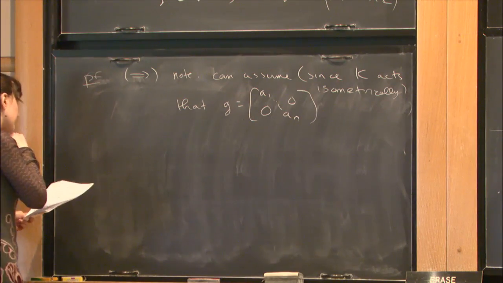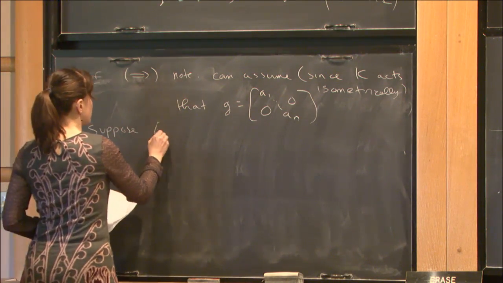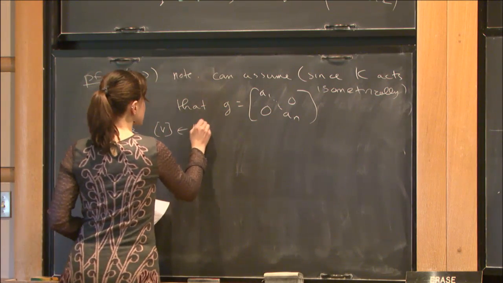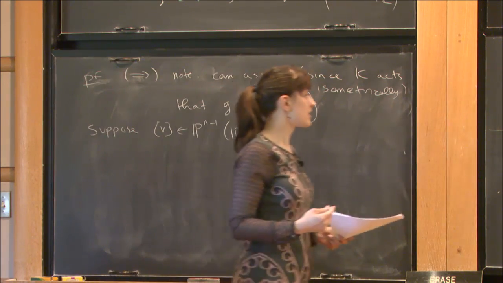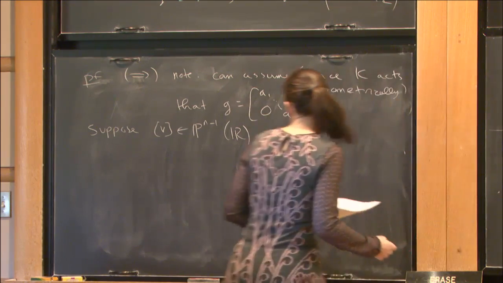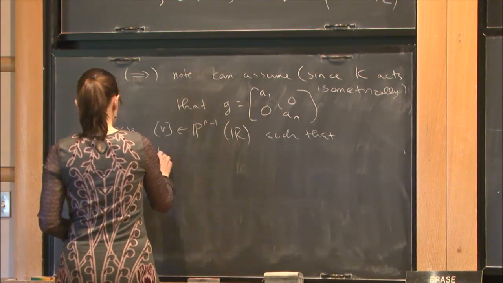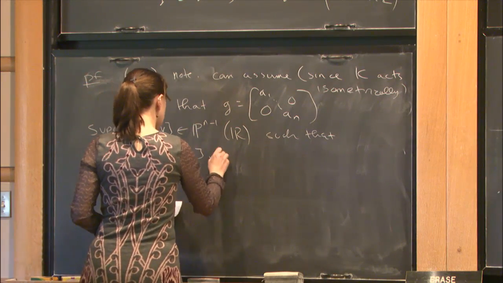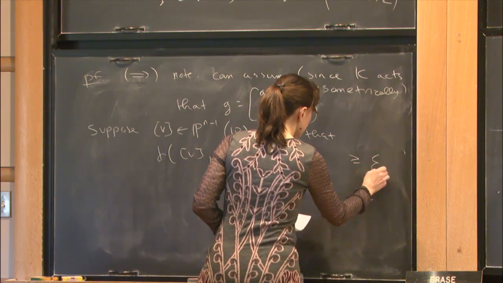Okay, and then suppose I have a point V in P^{n-1}(R), which is outside the epsilon neighborhood of Hg. What that means is that the distance from V to H is greater than or equal to epsilon. Now,